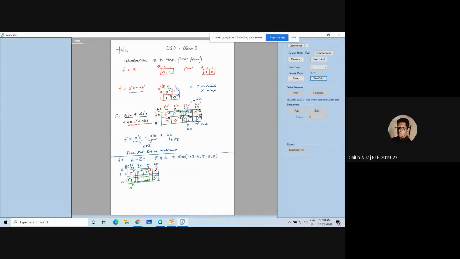Only B remains constant, rest everything changes. Which remains common? B, no. C. C it is. C only actually. Only C is common. Yeah, correct. If you see in this group now, A and A bar changed because it is moving across both the rows. And when it is moving in these 2 columns, B and B bar are changing, only C remains common. So this group gives rise to C.